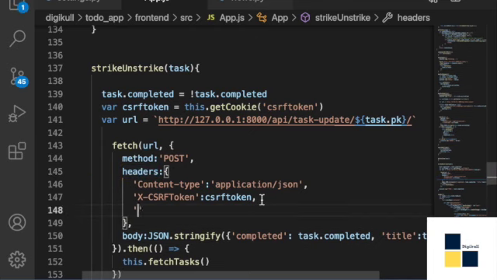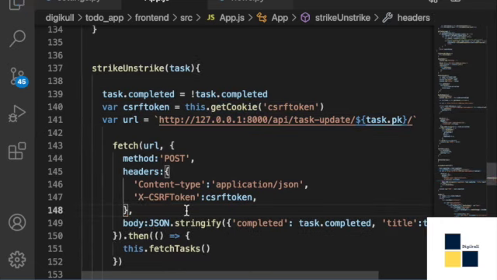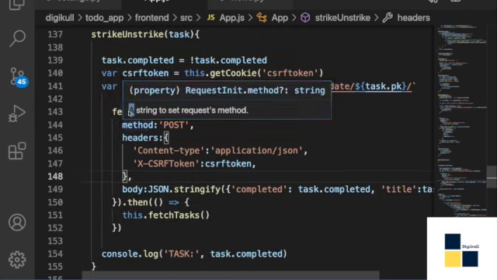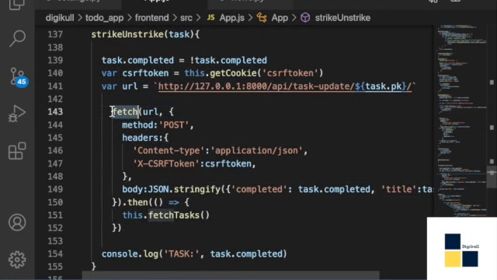For example, if we need to add a token, we add the token here, and however we get the token, for example the way we got the cookie, we can get a token as well. It depends on how you, as a front end developer, are writing this code. But this is how you create a connection between your React application and Django application.